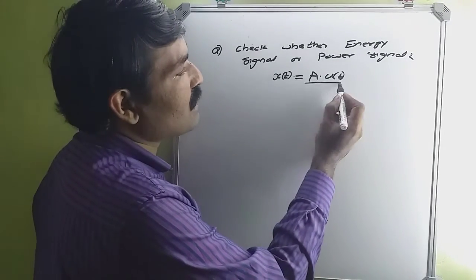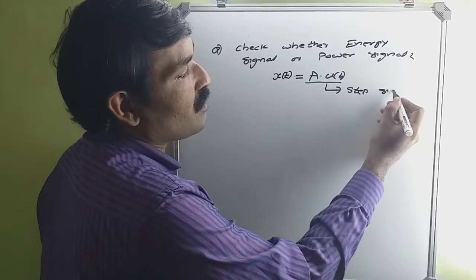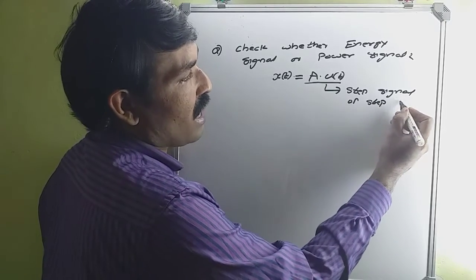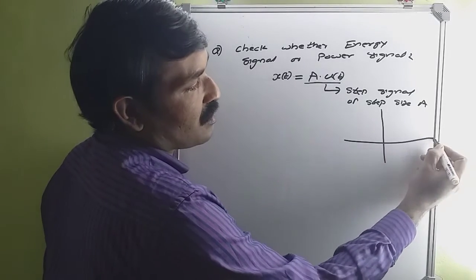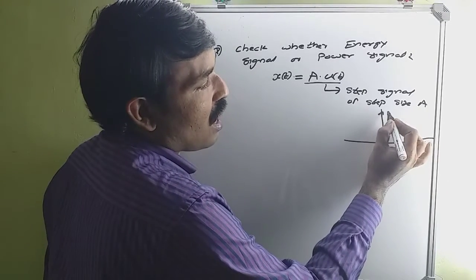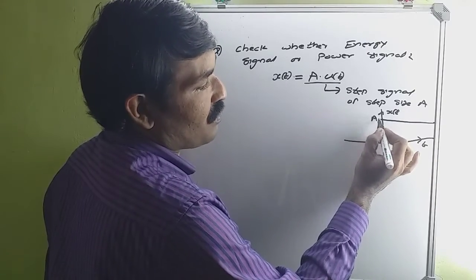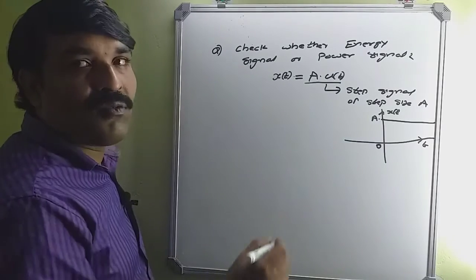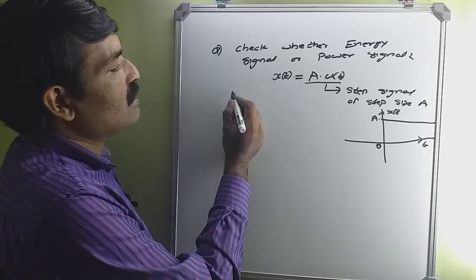So this is a step signal of step size A. Okay. t, x of t, and the step size is A. So this is the signal. Now, what's the power of the signal? Power of the signal is given by